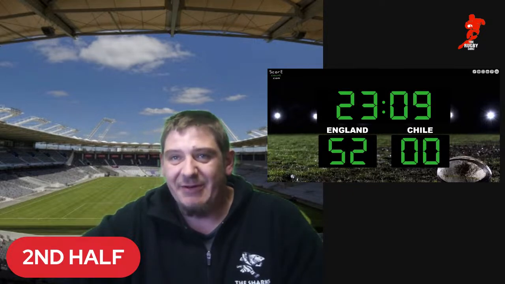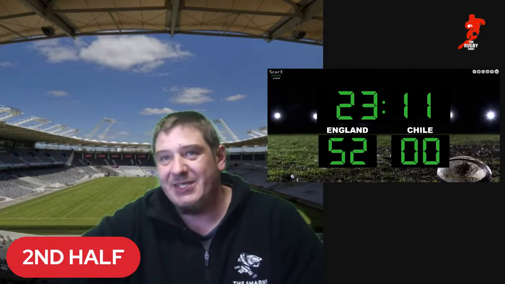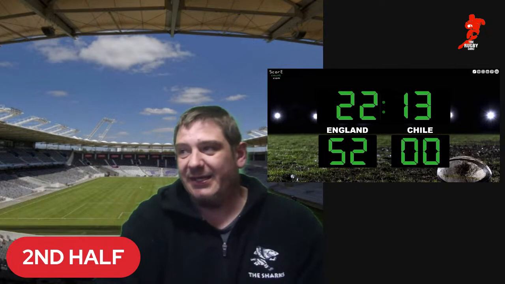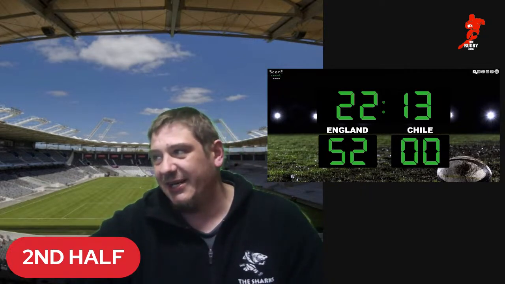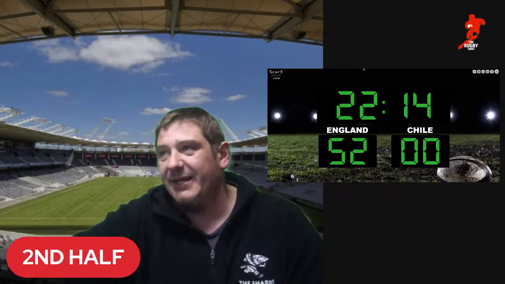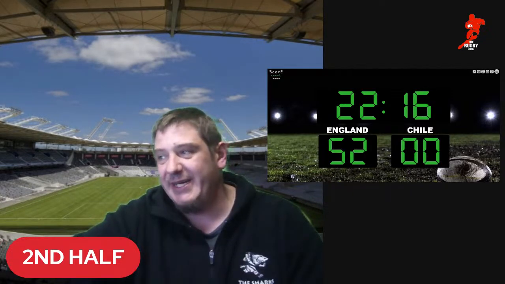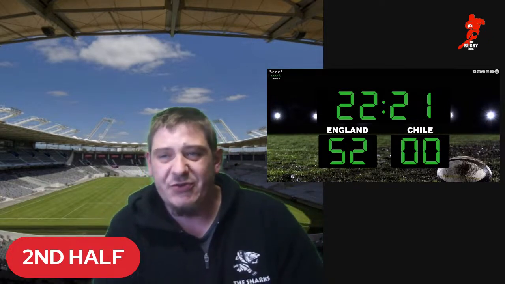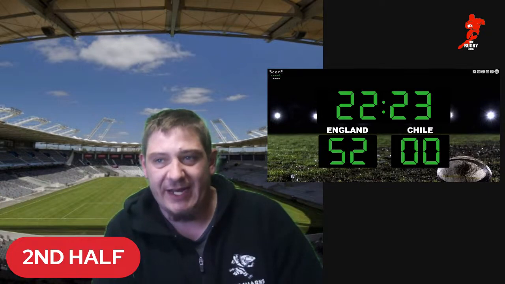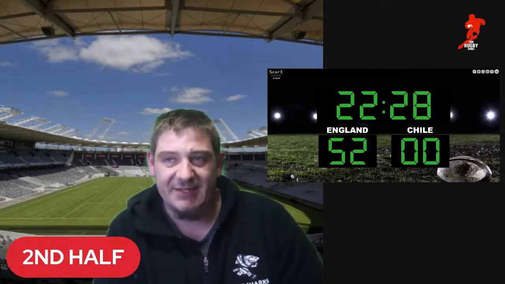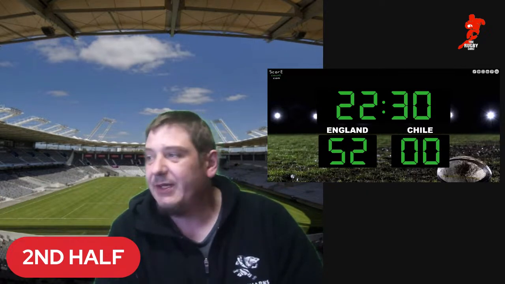Right, so Dita's now replaced here as we got a stoppage in time. Let's just stop the clock right there. Push it back a minute. Still 18 minutes to go in the second half here. Scrum down to England in the middle of the field on a 10-meter line inside their own half. Ben Youngs feeds that one in. Big scrum from England now picked up off the back now. Oh, that's miles forward from Ben Youngs, and it will be a scrum down to Chile.